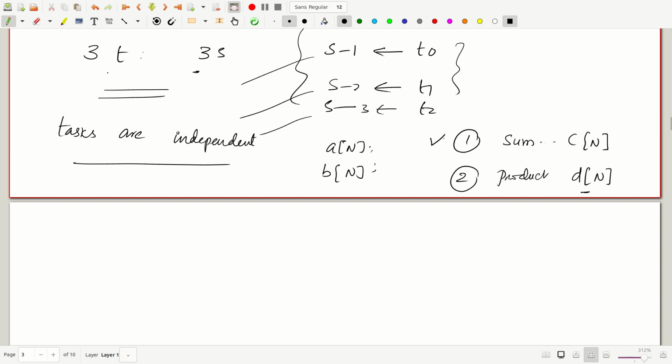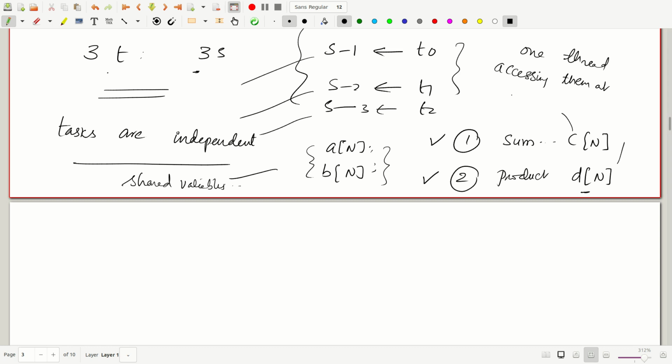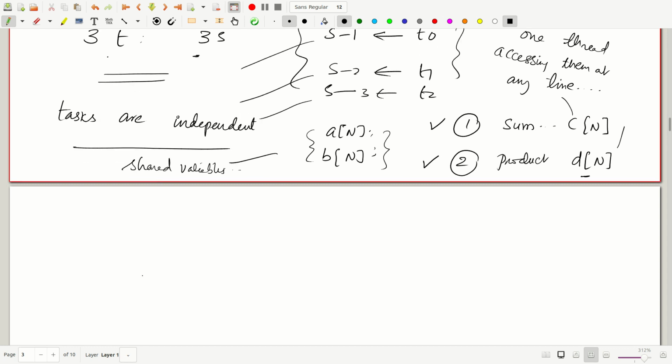Certainly the first task is very independent from the second one because it doesn't depend on C, and both of them only depend on A and B, which could be considered as shared variables. Okay, in fact C and D can also be considered as shared variables, as long as we make sure that only one thread accesses them at any given time, right? As long as that is met, I think this can also be shared. Okay, that means how do you now write them? For example, I would say